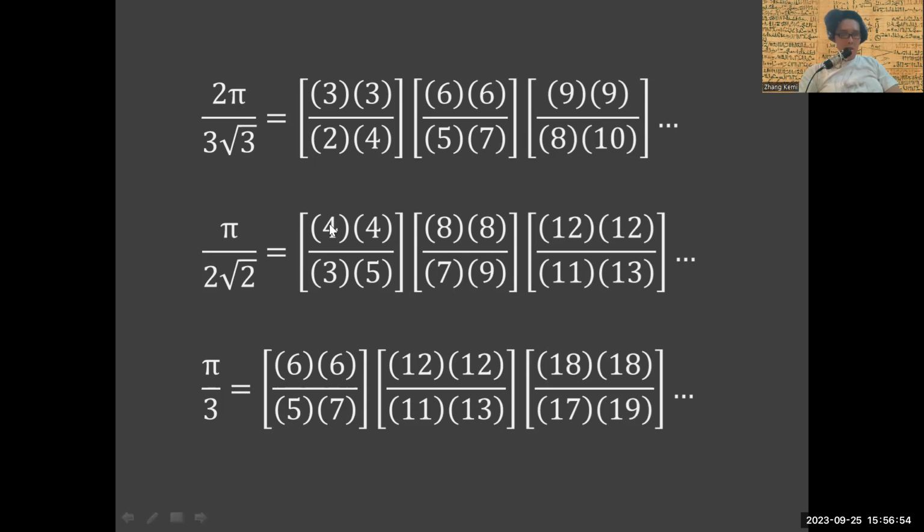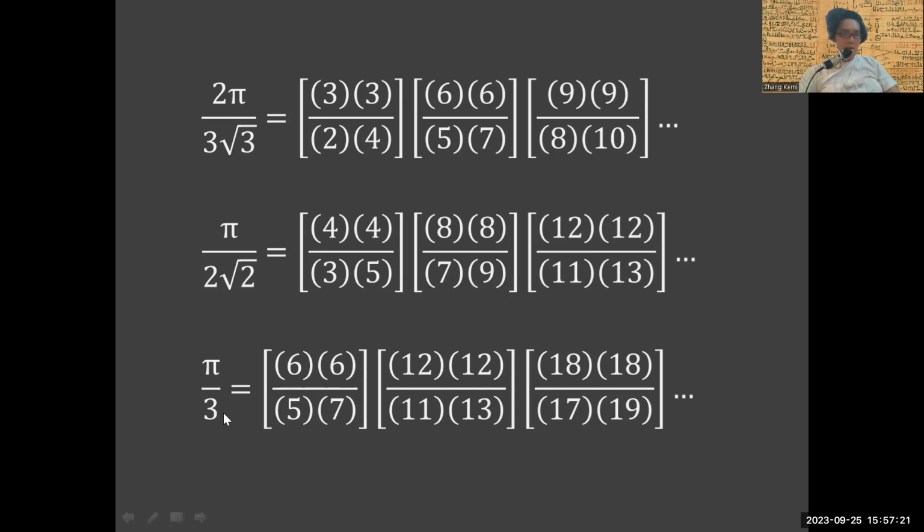Now, the second equation you can see is pi over 2 root of 2. Same thing, the numerators are 4, 8, 12. In other words, multiples of 4. Whereas the denominators are 3, 5, 7, 9, 11, 13, consecutively, etc., to infinity. And the third Wallis product, you have basically pi over 3,